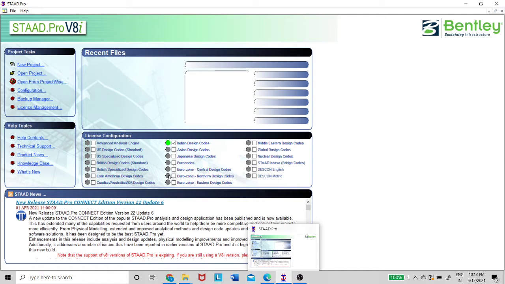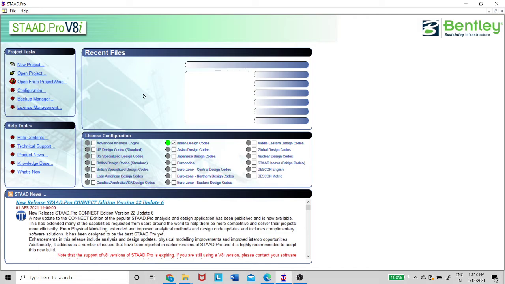Whenever we are doing an exercise or creating any file, it is always better to open a new folder and work in that folder. Because whenever you create a STAAD file, some different sub files will be created.